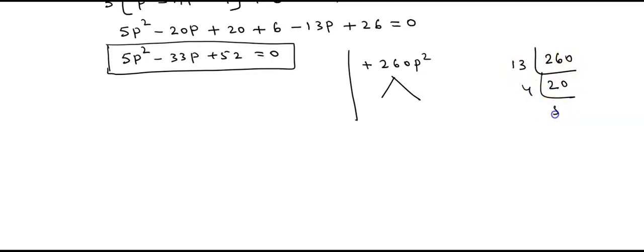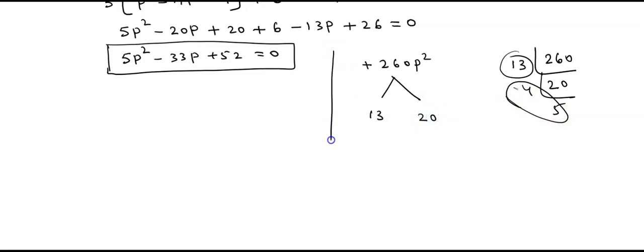Then 4 5s are 20. 4 5s are 20. Now in this, what I will do, I will take this 5 and 4 as one factor and 13 as another factor. Shall I write here? 13 as one factor, 5 into 4. You multiply these two terms, 5 and 4. 5 into 4 is 20. Now let me check whether these will be our factors or not. 13 and 20 are the two factors.